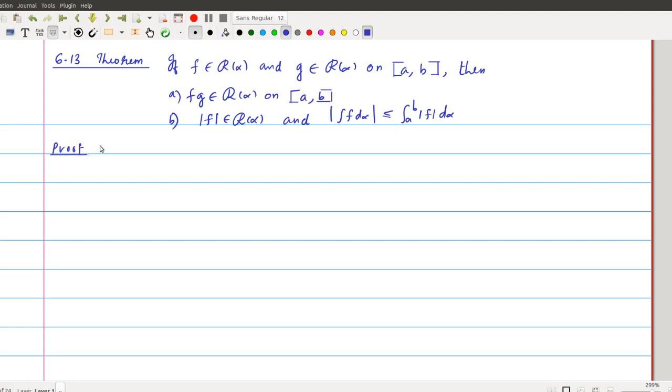We already proved in the last class that if phi is continuous and f is integrable, then phi composition f is integrable. So we use that theorem, Theorem 6.11, the composition of a continuous and an integrable function. In that theorem we set phi of t equal to t square,